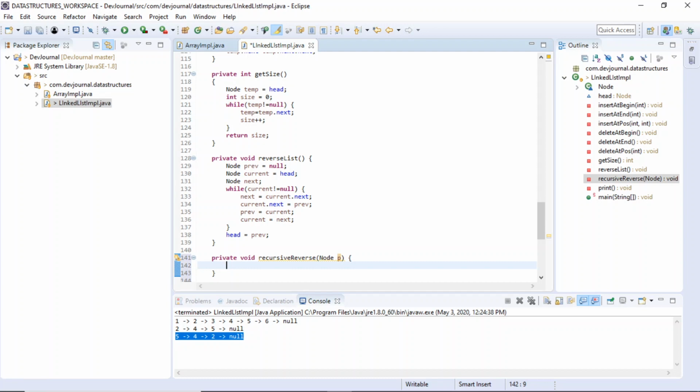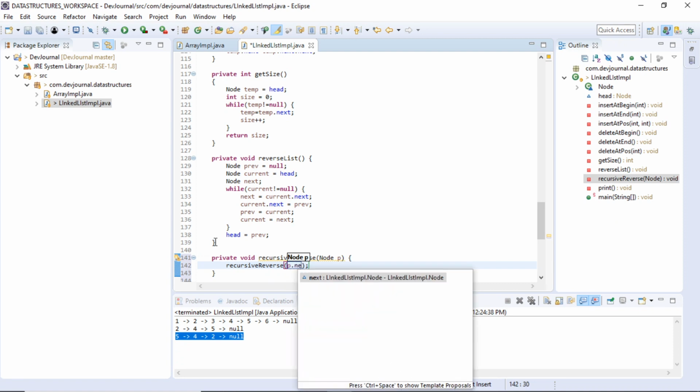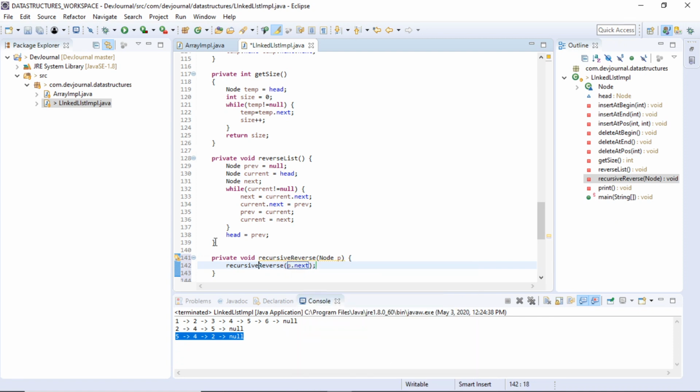There should be an exit condition. What we are going to do, we are going to recursively call this method as p dot next. And before this we will write an exit condition.